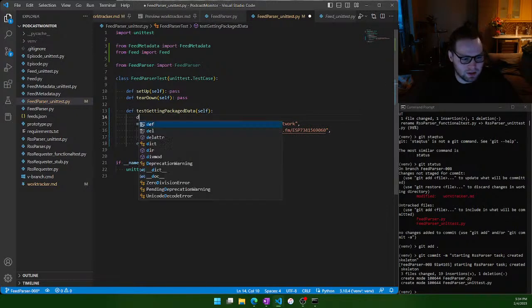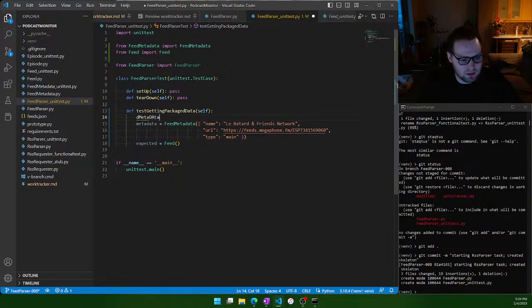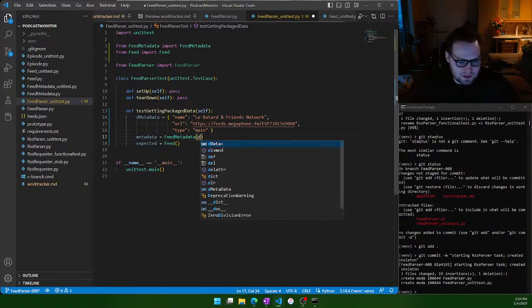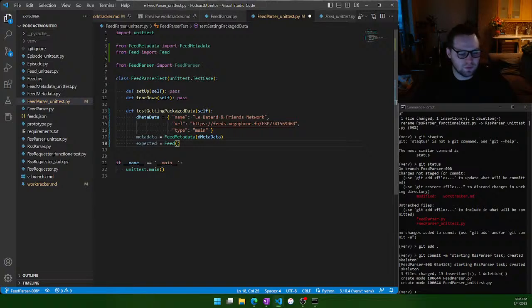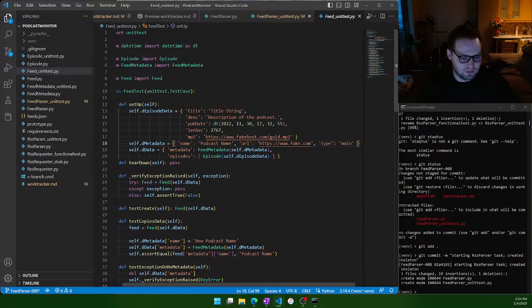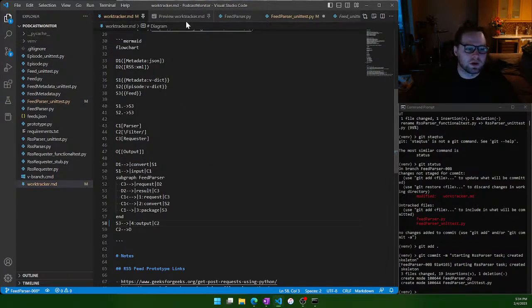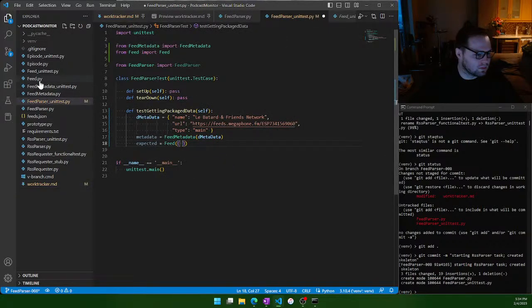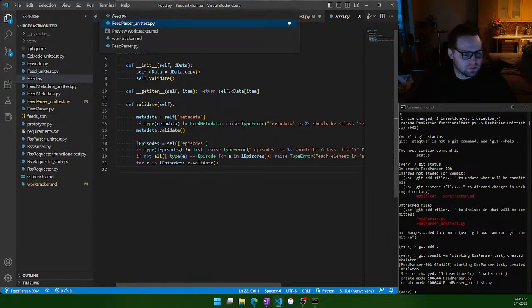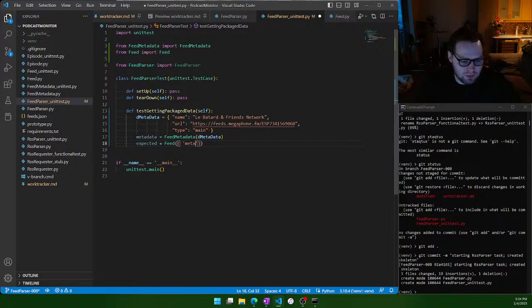We could say d metadata is equal to this. And then this is d metadata. This is going to be a dictionary. This is going to have, where were we at? The feed. So this is going to have a metadata and an episodes, and the episodes is going to be a list. So we'll say metadata